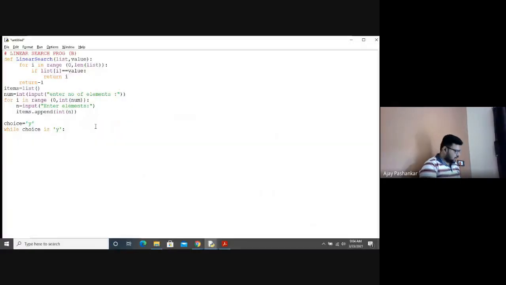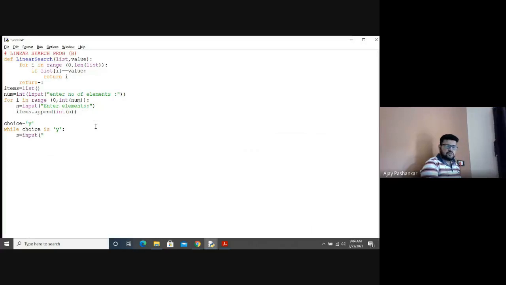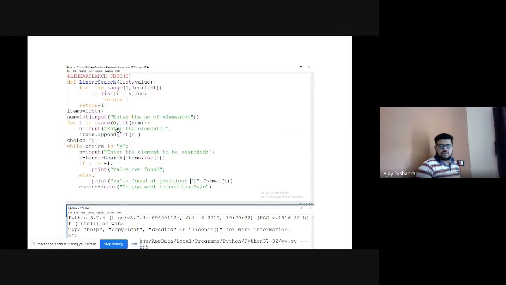So I want to take an input from the user: enter element to be searched. Just be careful while typing. Searched.